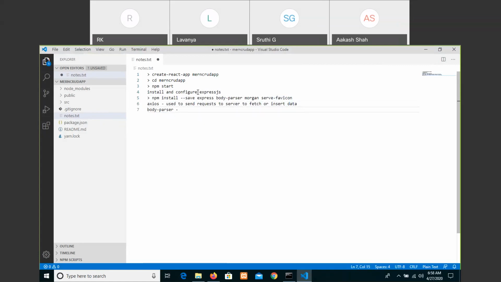You know this one already. It parses the request bodies, so that we can get access to the information inside the request.